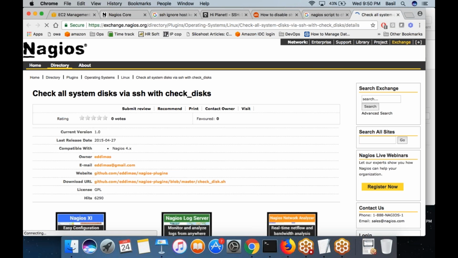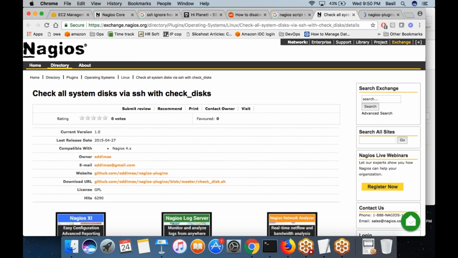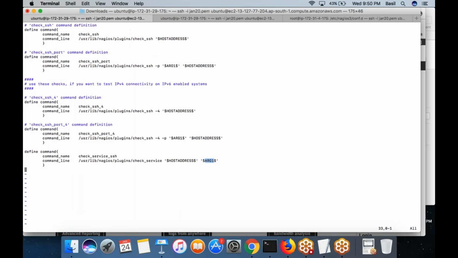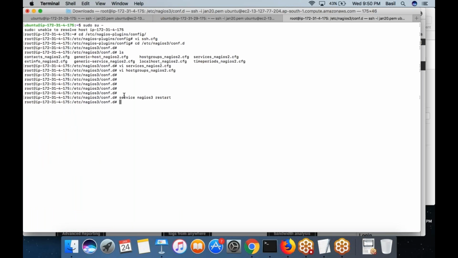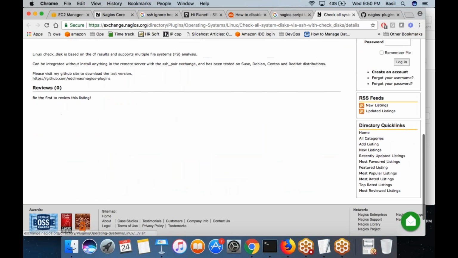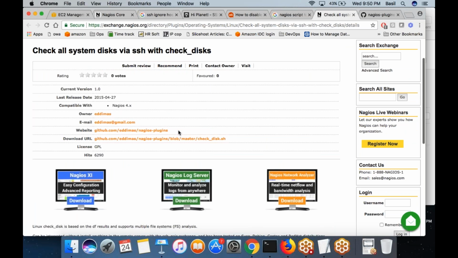You can simply download the script from here and then use it. This is the script. It is a simple bash script. You can download that bash script into your plugins folder. Which folder? Preferably the usr lib Nagios plugins folder. Download this script and use this script. It will work.